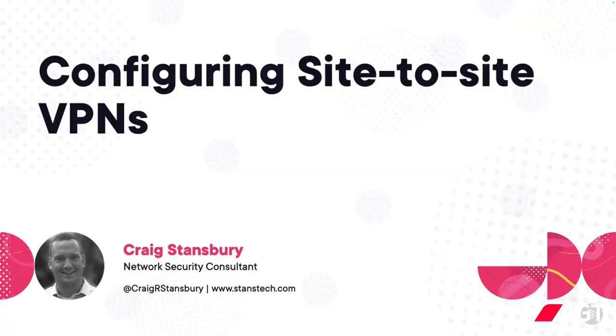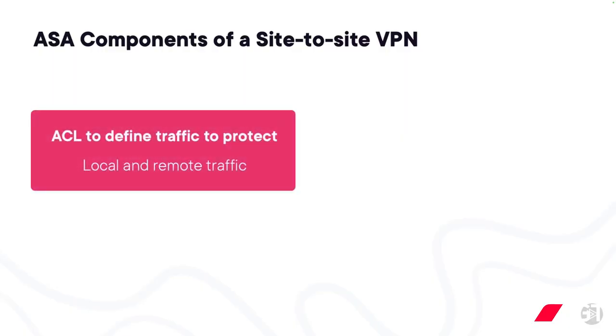Virtual private networks are one of the most common features that organizations use a secure firewall ASA for. So let's walk through the components necessary to configure a site-to-site VPN on an ASA. The first component necessary is to define the traffic on both the local side and the remote side that will traverse the VPN. On the ASA, the VPNs are policy-based rather than routing-based. So what this means is the exact traffic flowing over the VPN needs to explicitly be called out in a policy. That is done in an ACL line permitting the local and remote side, and that ACL is called later